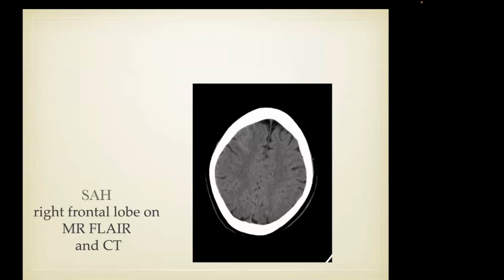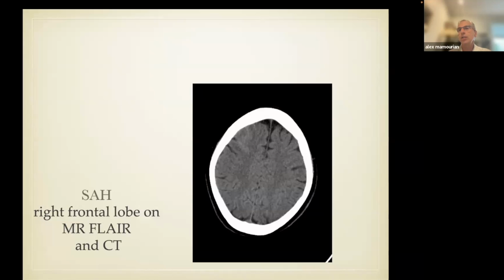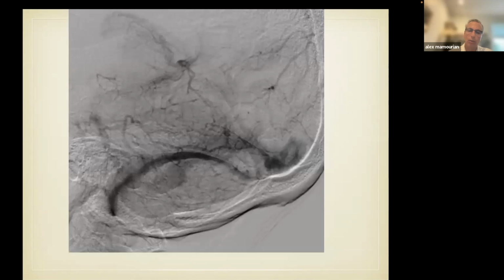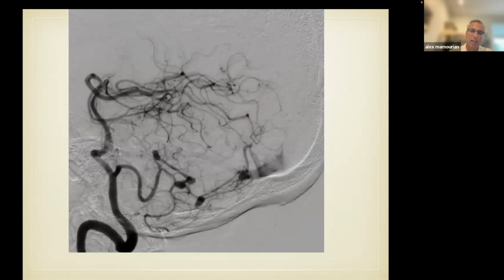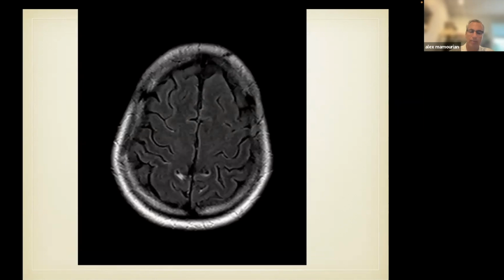Sorry, can I ask a question? If you see subarachnoid hemorrhage on FLAIR images, is it reliable to go on diffusion images, or is there no need to correlate with other sequences, just the FLAIR? Well, that's a good question. Let me start at the beginning. If you see an abnormality on the FLAIR scan,